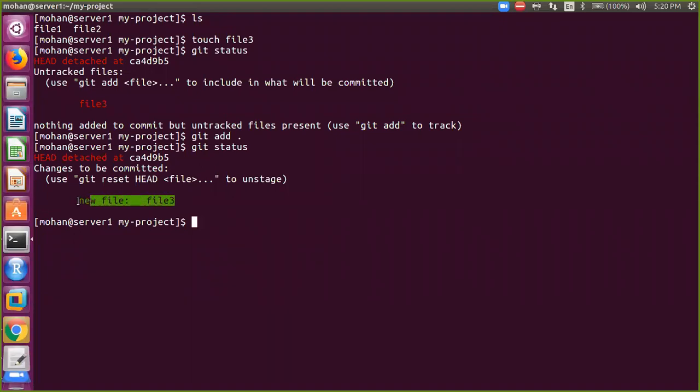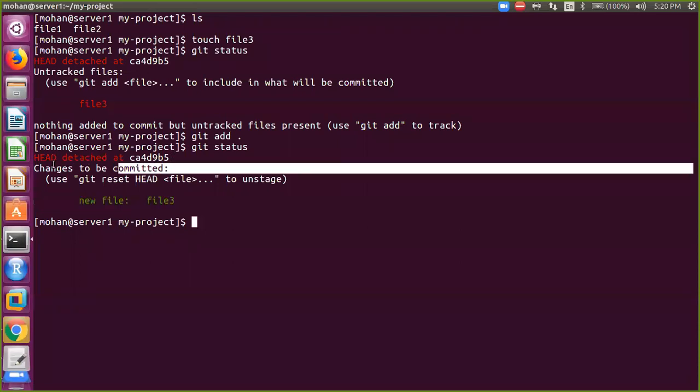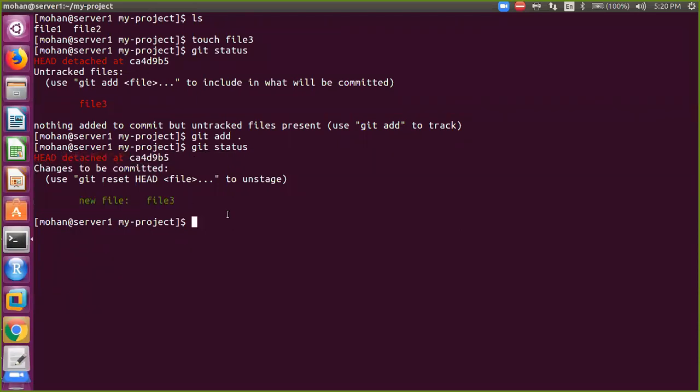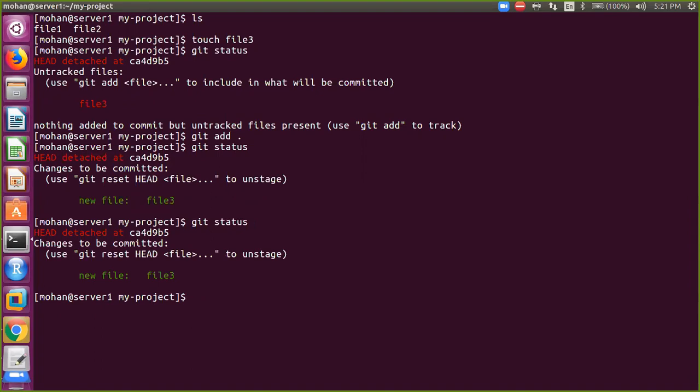So it found that new file, file 3, and it is saying that you need to commit that file. So whenever you have any doubts, what are the new files that I have created, or what are the new files that I need to commit? Simply you can take this useful command, say git status.